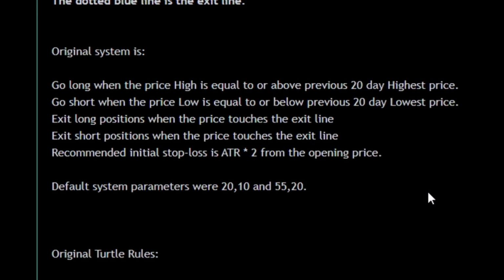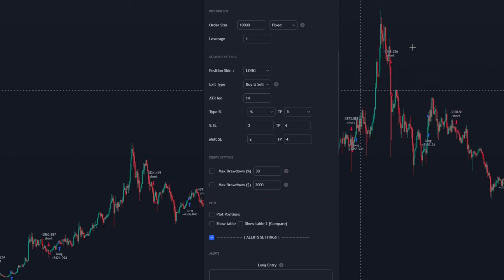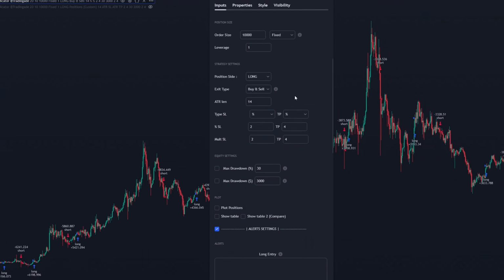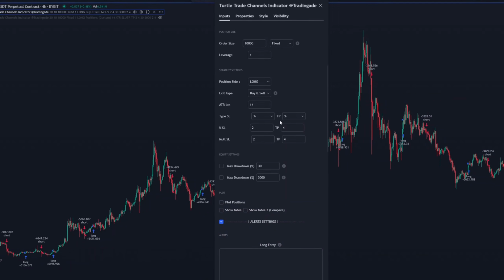The original strategy suggests to set the initial stop loss as a 2x ATR from the opening price. I did backtest only on buy and sell approach, but considering that this indicator would be free, you can get